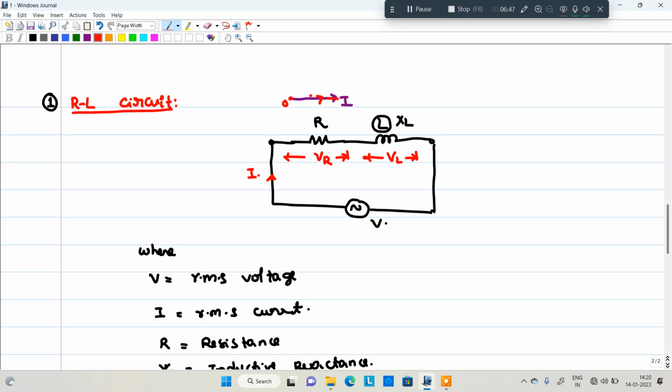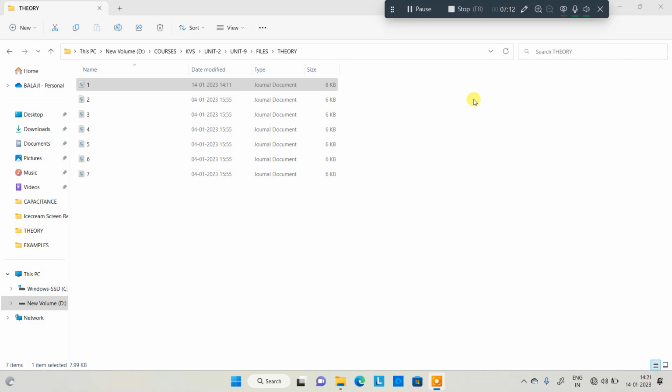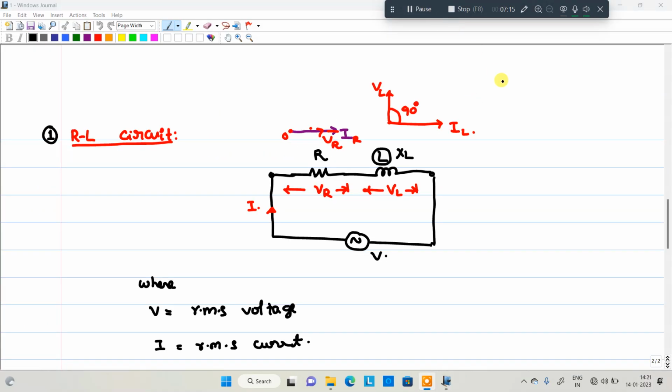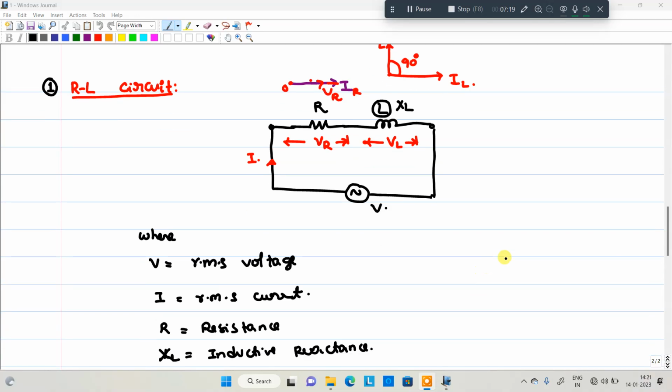Coming to the inductor, if you take current as the reference, the voltage leads by 90 degrees. This is the voltage VL and current IL. These are the two phasor diagrams. Now the equivalent phasor diagram of the RL circuit: